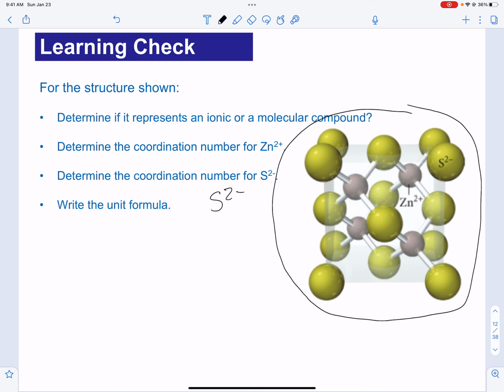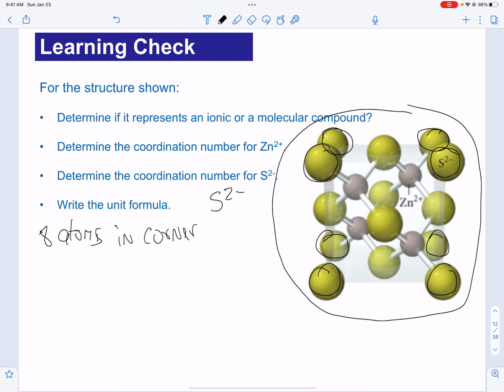And you can see this a lot better on the videos that I posted on the tutorial videos. Well, this cell has 1, 2, 3, 4, 5, 6, 7, and 8 atoms in corners. And that's important to realize because this unit cell,